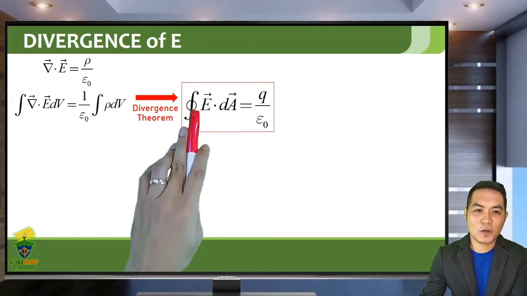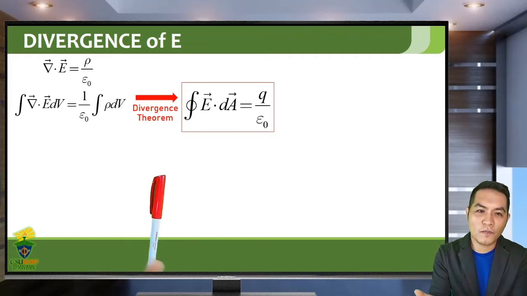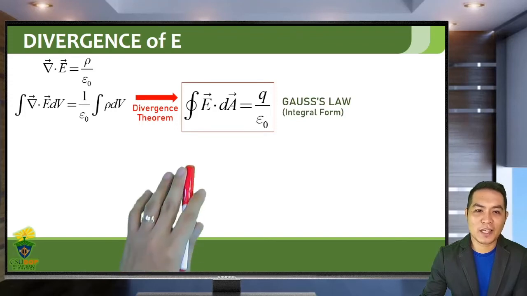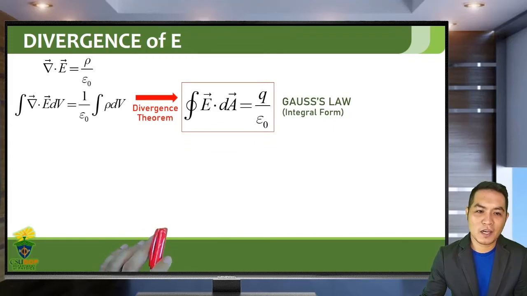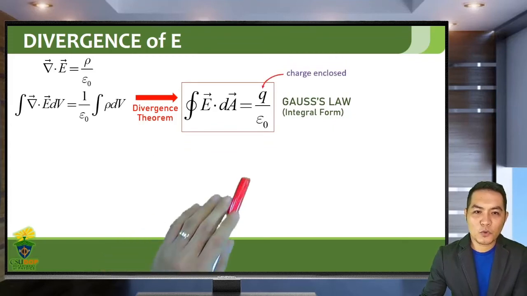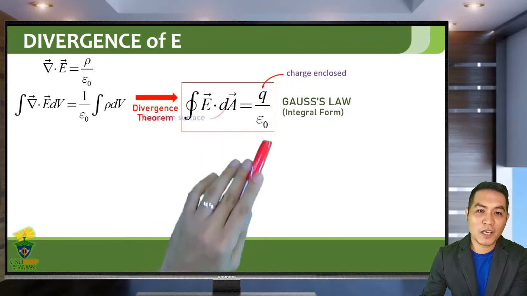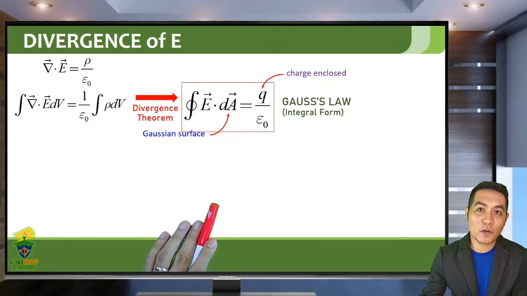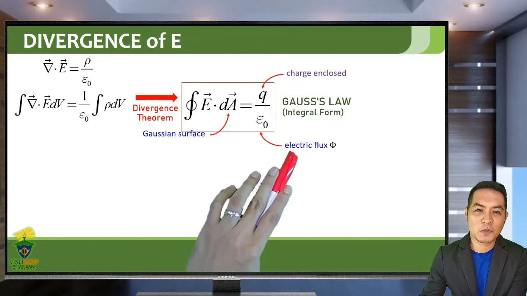So take note, this is a closed surface integral. So you need to integrate over the whole surface. So this is the integral form of Gauss law. I think this is the one that you are more familiar with because you have encountered this in your Physics 41 course. So usually in your Physics 41, you call Q as the charge enclosed by your Gaussian surface A. So A here is the area of your Gaussian surface. And this whole integral, which is just equal to Q over epsilon naught, is what we call the electric